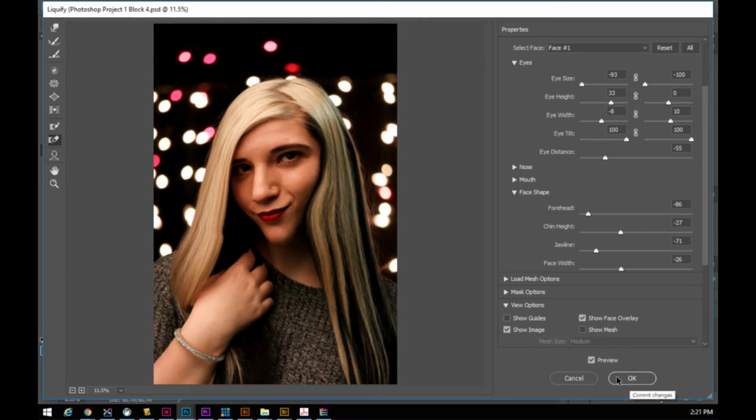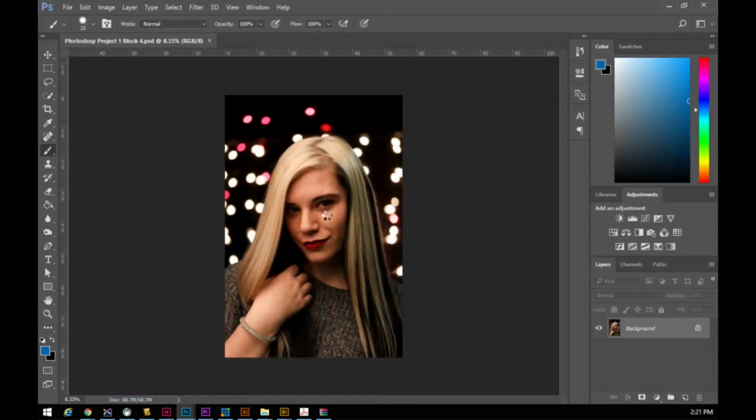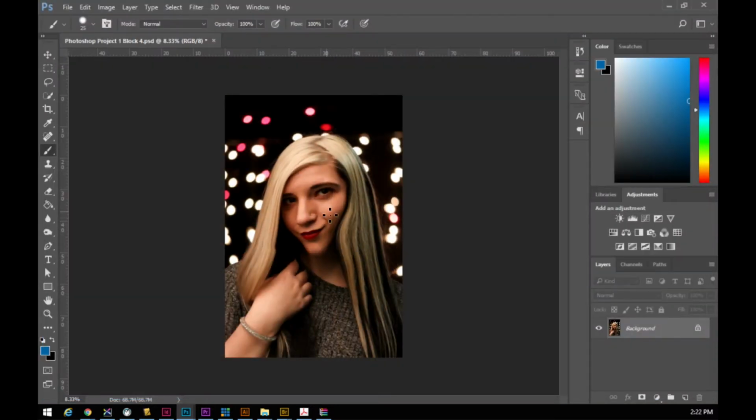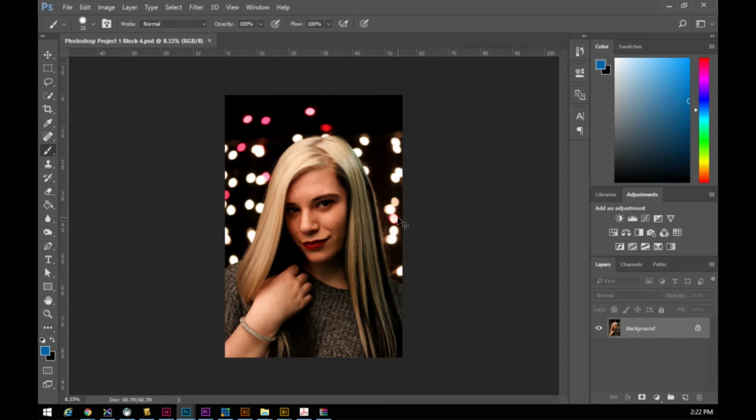So we can either cancel this, or if you were doing this for real, when you hit OK, it's kind of cool. You can use Control Z on your keyboard. If you push Control Z, it'll go back to what it was and then back forward again, and you can kind of see the difference back and forth. I still think that the picture was really nice the way it was photographed, so we're just going to leave it like that. But I wanted to show you that one little skill that we had not talked about yet